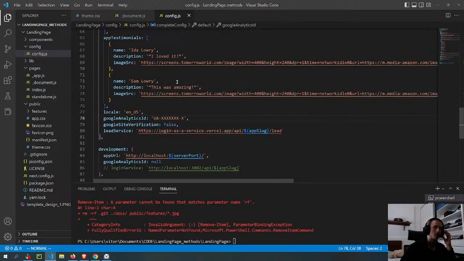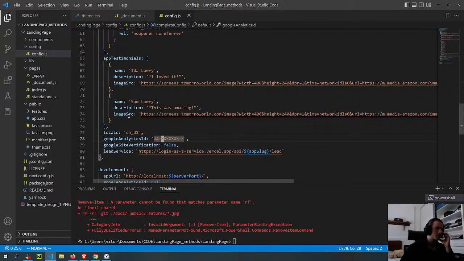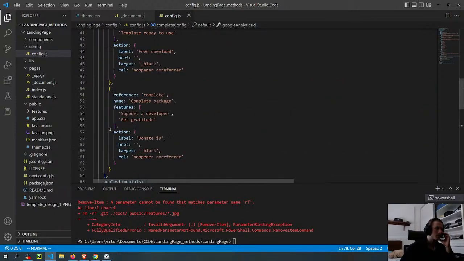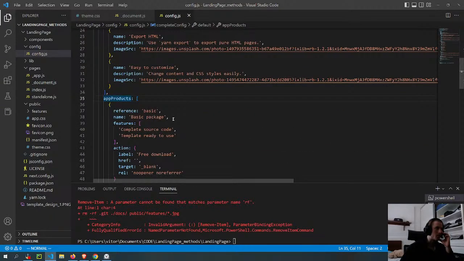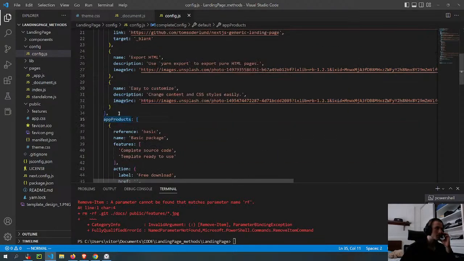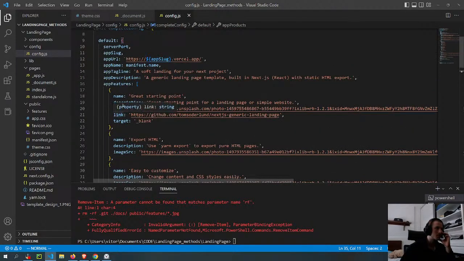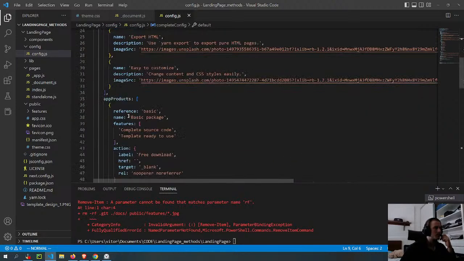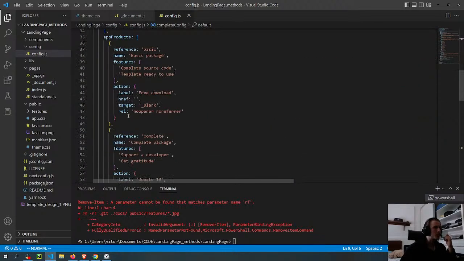This is the Google Analytics thing there. It's inside of the app products, I think. No. It's inside of the default. And features, products.